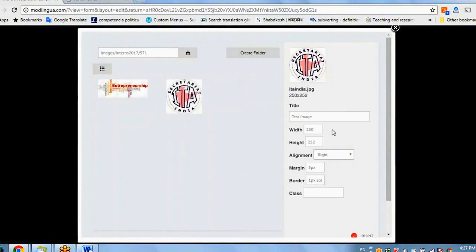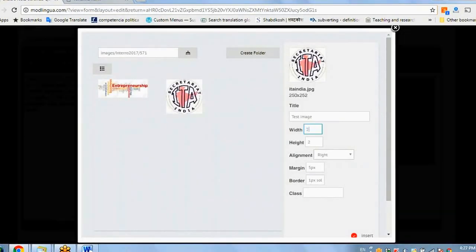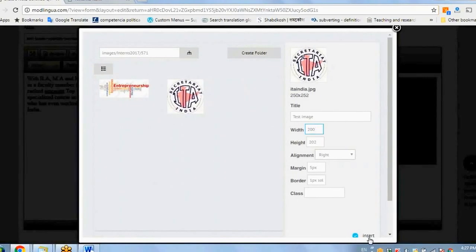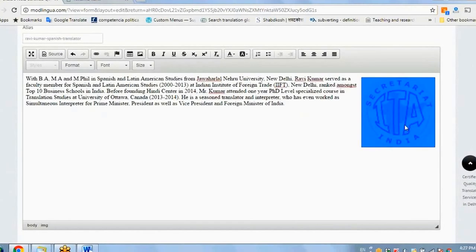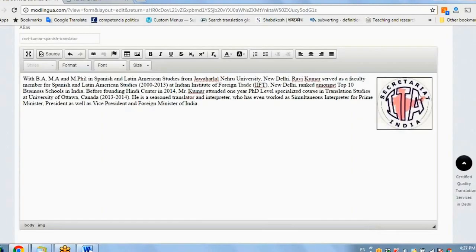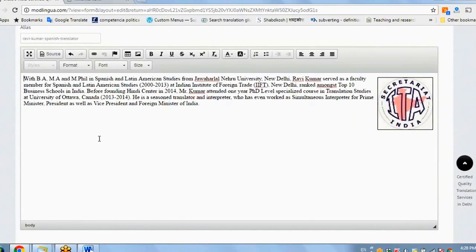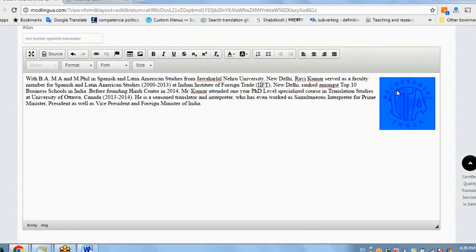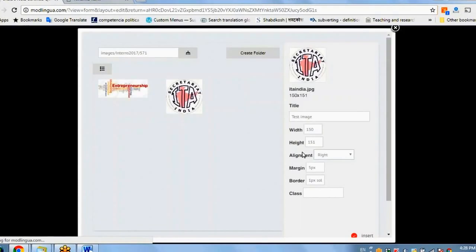Suppose you were not happy with the size. It seems it is too big. I will make it 200. Again, come back and insert. Again, it seems too big because my profile is little now. So I will make it 150. So you keep on experimenting a little bit, and after some experiments, you will be able to know what you have to do. So now I have been able to insert my photo here, my profile here. If I wanted to insert my photo here, I could have inserted it here also. There are various ways of doing it, playing with the photos.